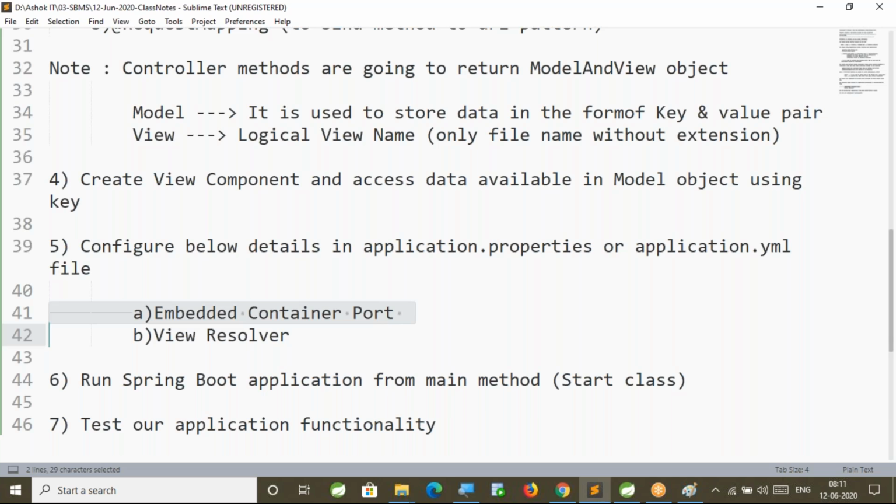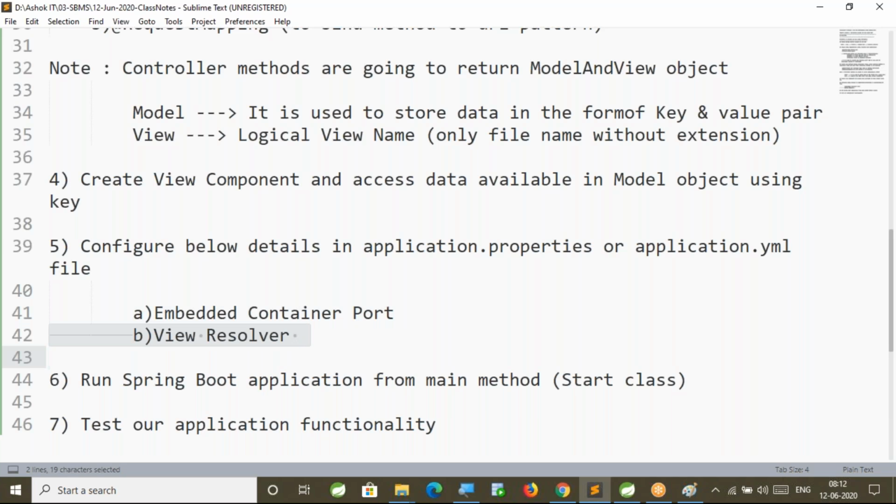With the fifth step, we are done. Now we just need to run our application. So to run our application, do I need to install the server, or I no need to install the server? We no need to install the server. The reason, Boot supports embedded containers. So if you develop a web application, if you add web starter in the pom.xml, Boot will launch the server